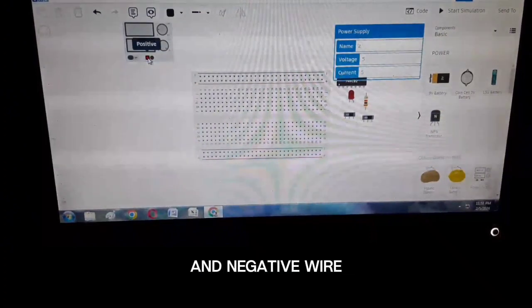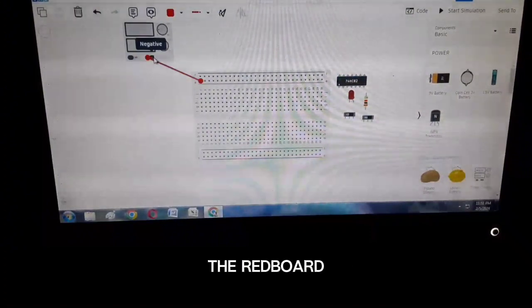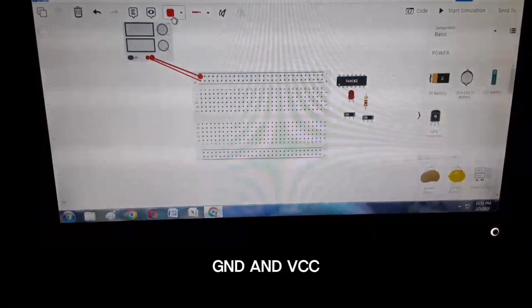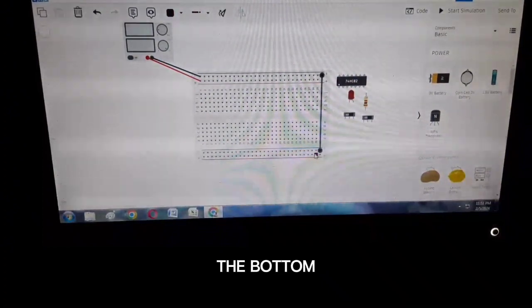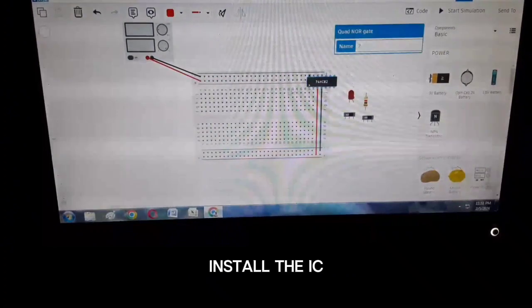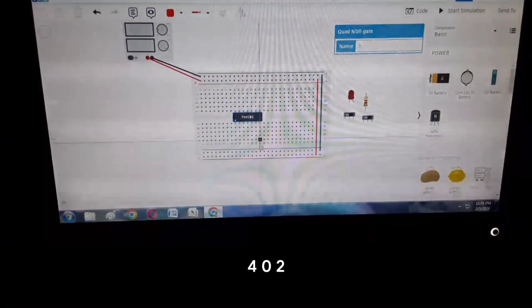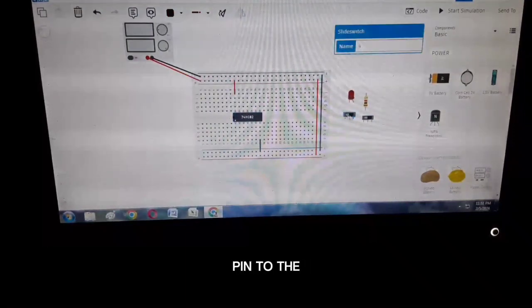Connect the positive and negative wire to the power supply to the respective rails of the breadboard. Connect the top GND and VCC line to the bottom GND and the VCC line at the bottom, both ends respectively. Install the IC7402 and connect the 14th pin to the VCC line and the 7th pin to the GND